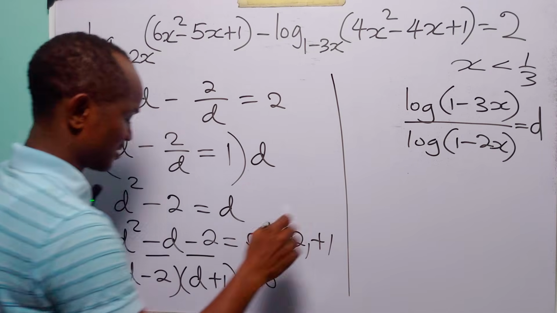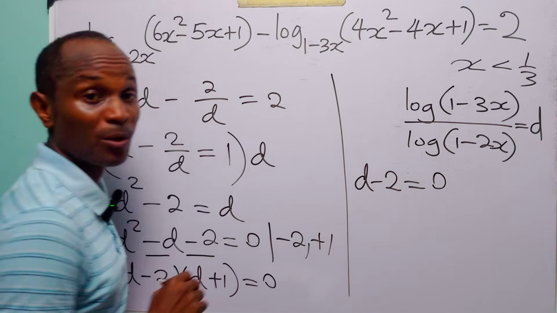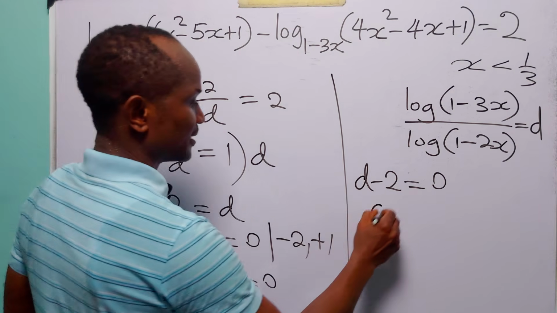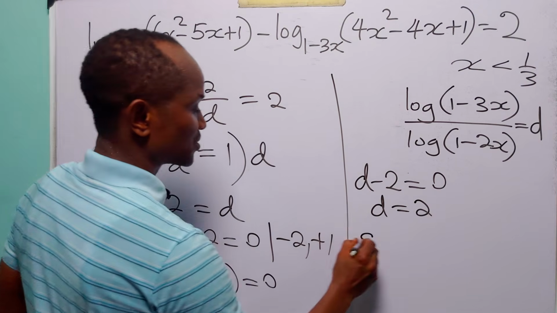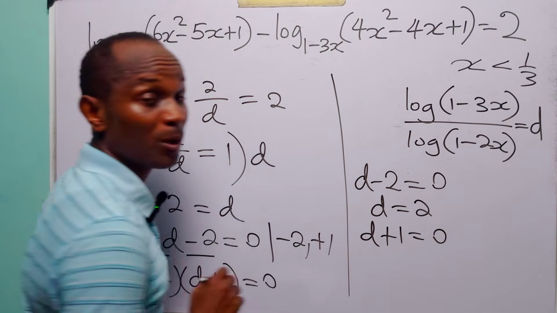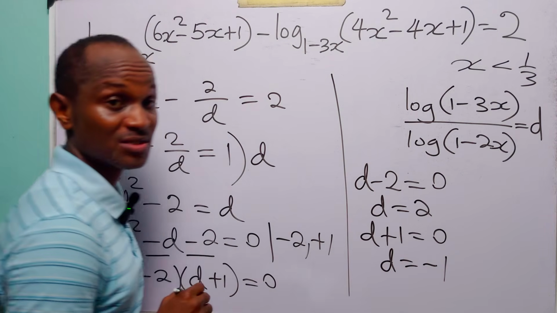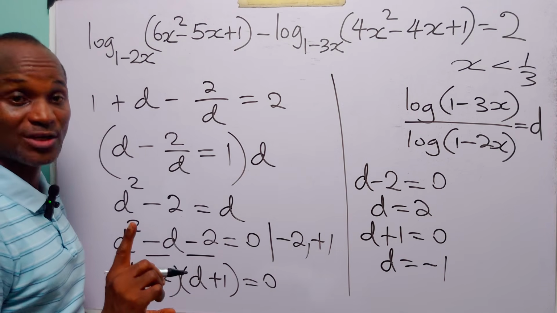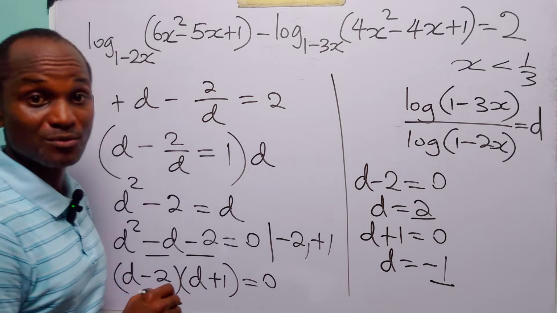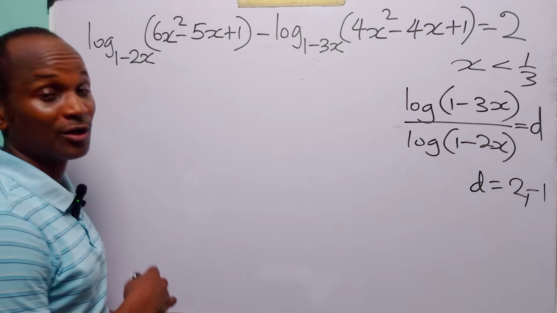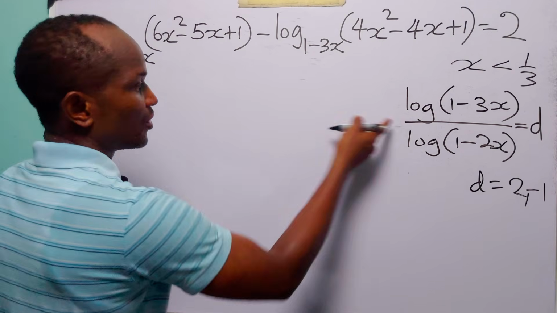And of course, from here we have that either d minus 2 is equal to 0, from where d is equal to 2, or d plus 1 is equal to 0, from where d is equal to minus 1. So now we have two values for d. We have that d is either equal to 2 or equal to minus 1. And of course, to find the values of x, we go back to this substitution equation. We have that